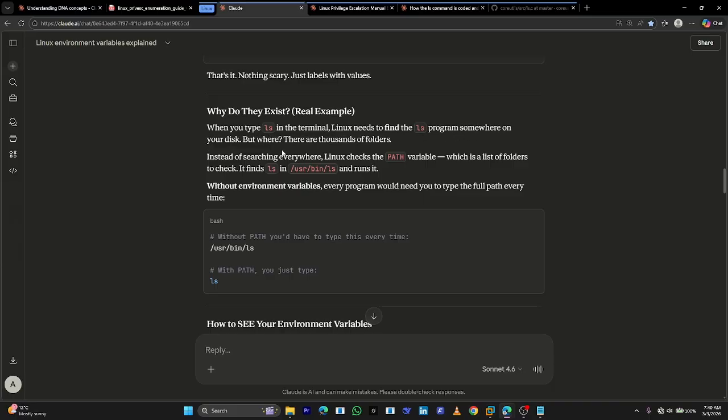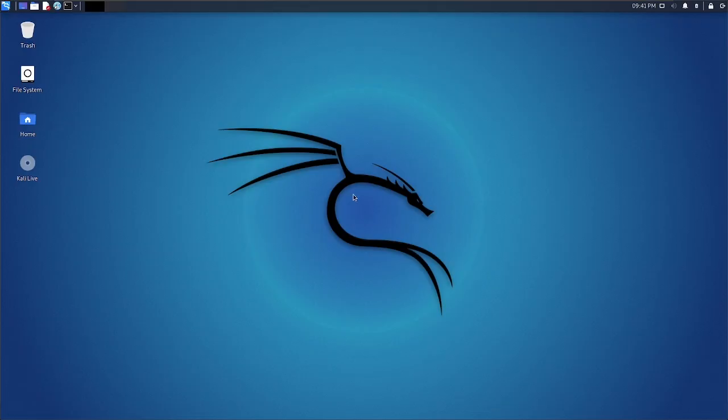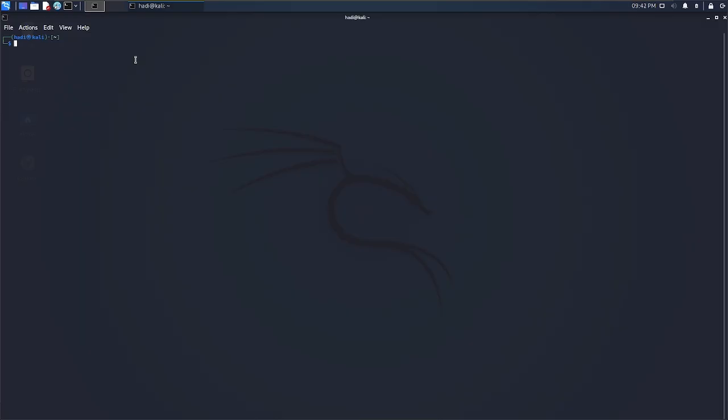But where there are thousands of folders, instead of searching for the ls program throughout all of these folders directly, it will take much longer. So instead of this, Linux checks the path variable, which is a list of some folders that it checks for the ls program in. So if I go to my Kali Linux and open the terminal, make it big,